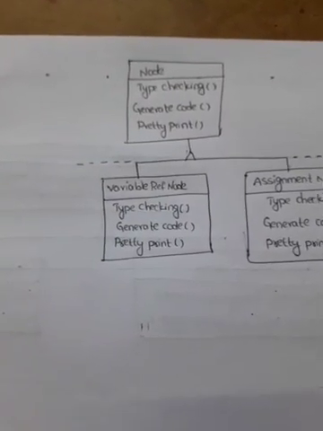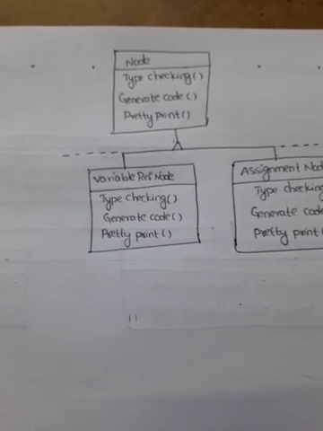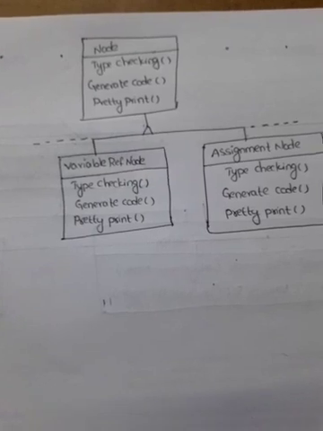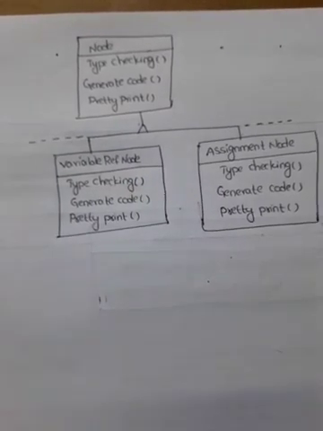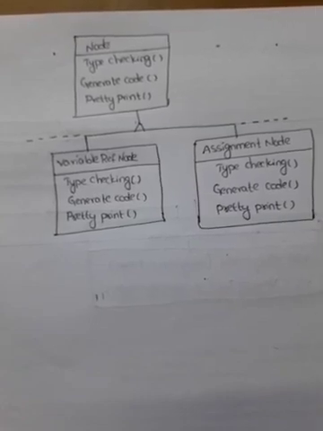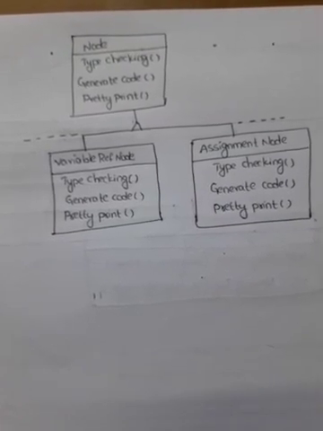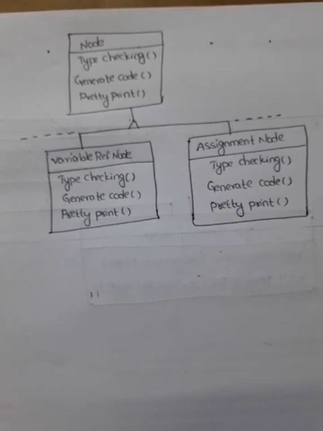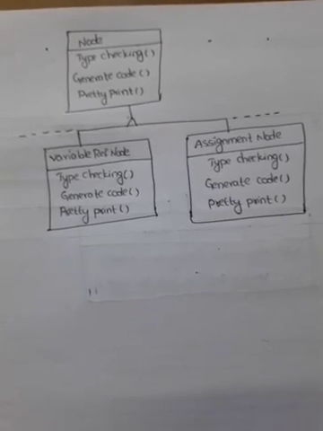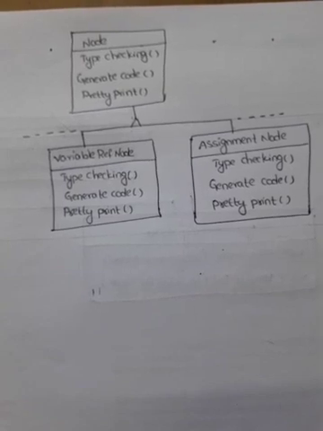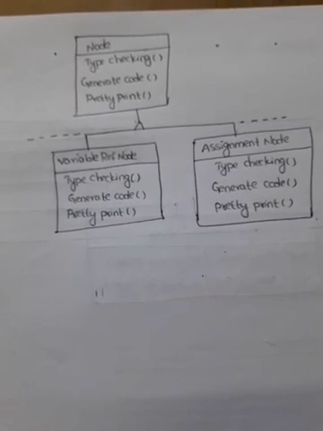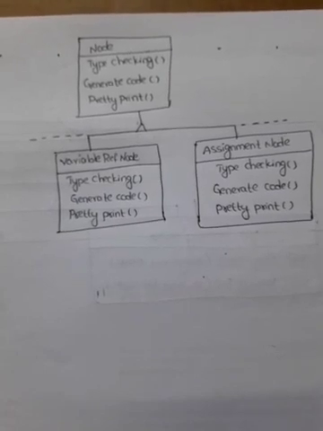Let us consider a compiler that represents a program as an abstract syntax tree. It will need to perform operations on the abstract syntax tree for static semantic analysis, like checking that all the variables are defined, or it will also need to generate code. So it may define operations for type checking, code optimization, flow analysis, and checking for variables being assigned a value before they are used, and so on.